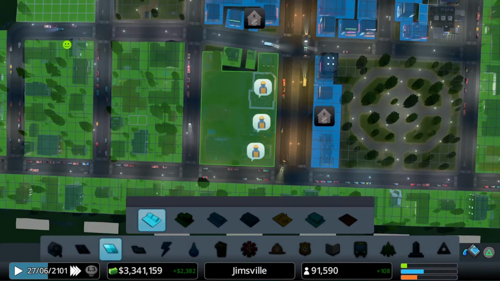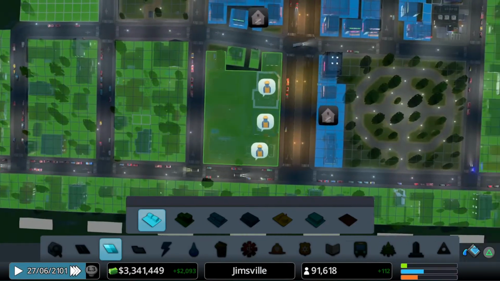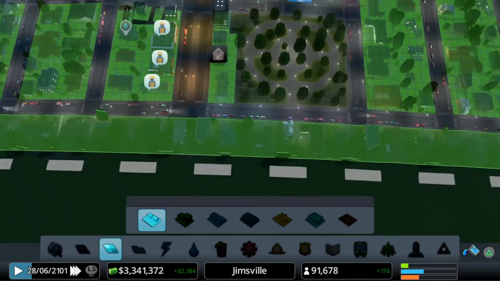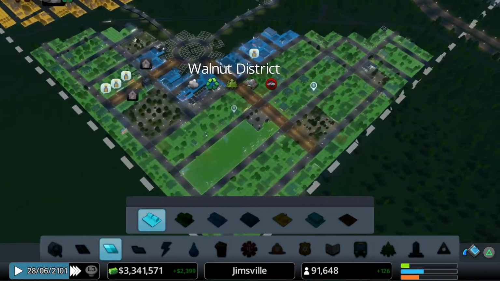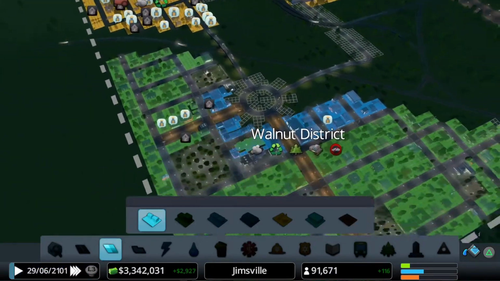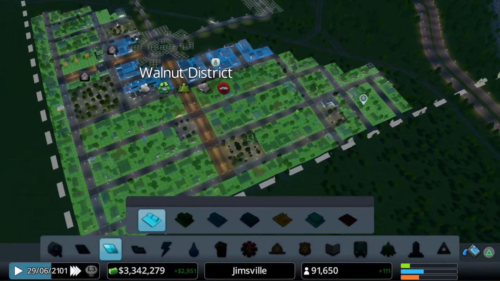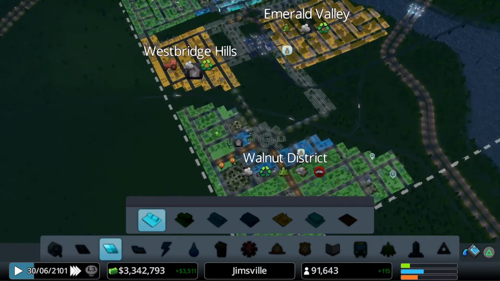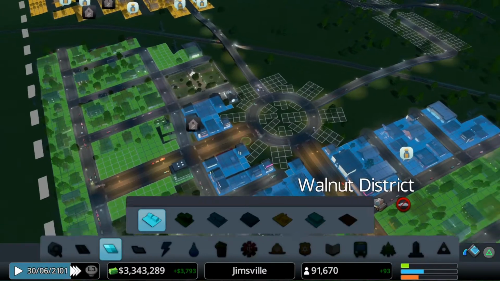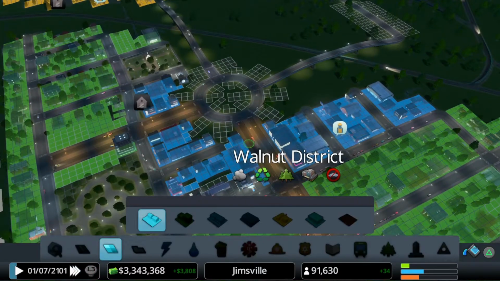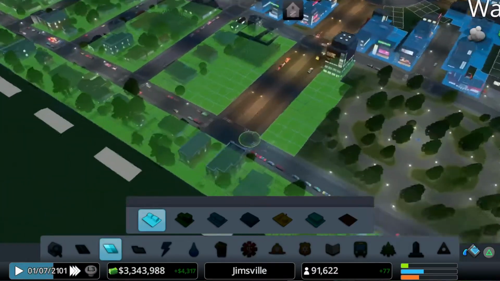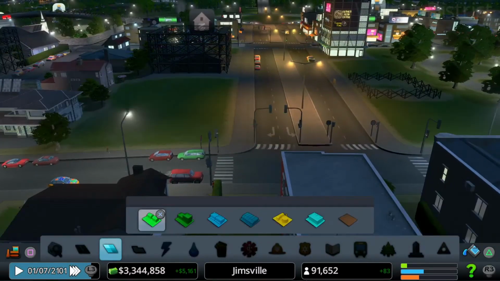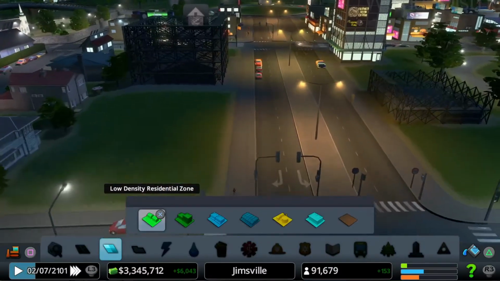Same there. Let's rezone all of that as residential, and this bit here as well. Just really limit how much commercial we've got around here. Hopefully that'll bring in more people. Yep, straight away, look. More businesses, more residents coming into this area here.